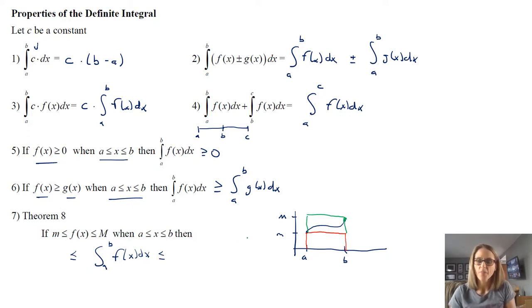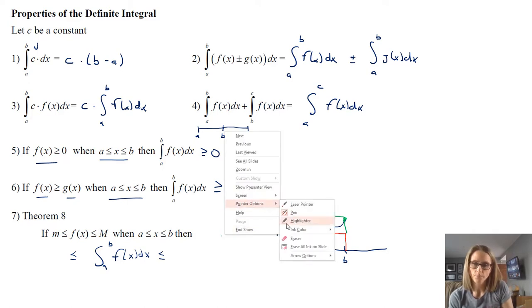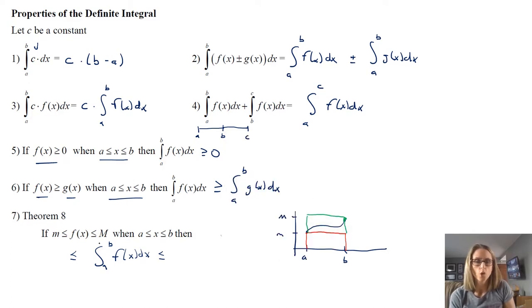Then you can see that the rectangle for big M is bigger than the function, and the rectangle for little m is smaller than the function. And so that idea can bound the function. And that's what theorem 8 says. So that rectangle would have height little m times width b minus a. And the big rectangle would have height big M, and sorry if that doesn't look enough like the big M, times b minus a. So that's theorem number 8, that you can bound a function if it is bounded along an interval like that.